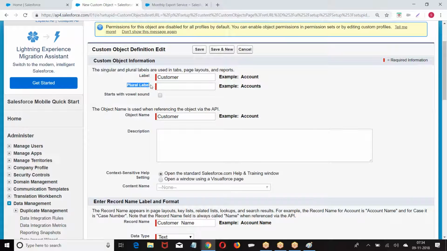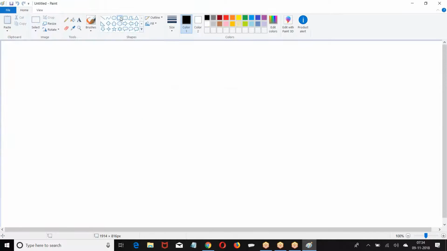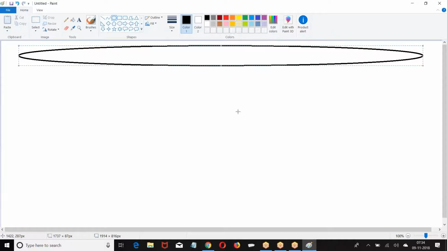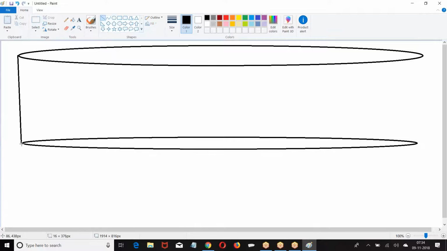Then we have a plural label. If you are creating a tab, when you have a number of tables in the database, how will you open a particular table? Let us say this is our database. In the database, I have so many tables.